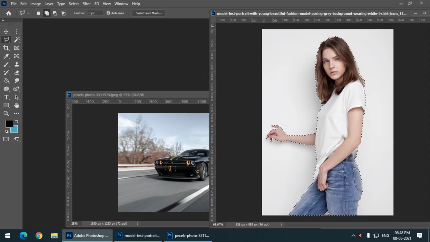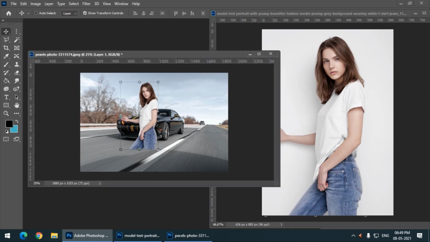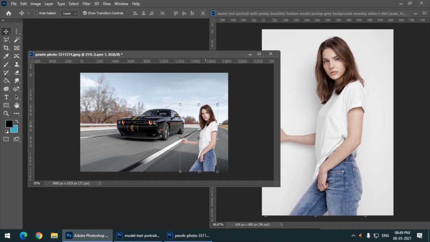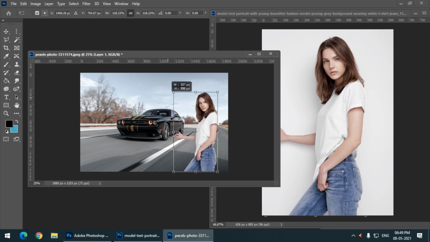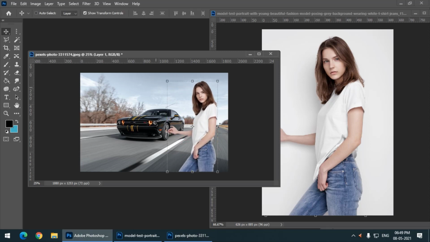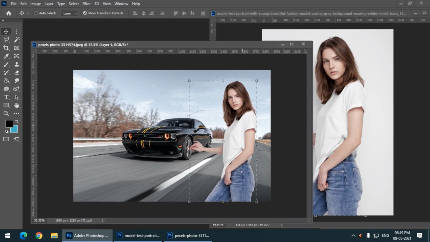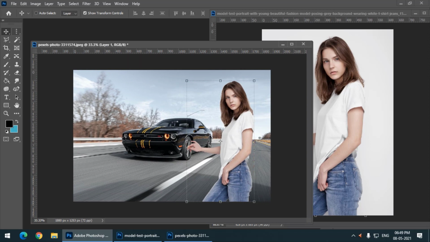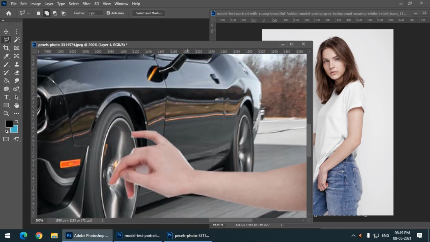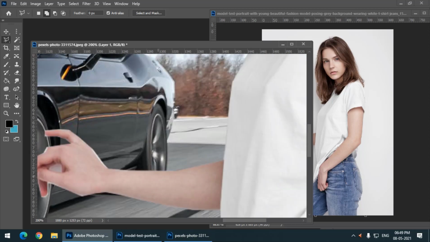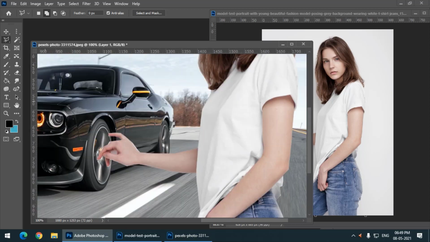We can add or subtract the selection, but we cannot alter the selection. So let's see, I want to move this selection into this image. We again select the move tool, and we can simply drag and drop it over here. I will place it over here, click and drag, and press Enter, Ctrl plus. So this is our image that we have selected by using the polygonal lasso tool. Now you might say that some portion of the background is still visible in this image,